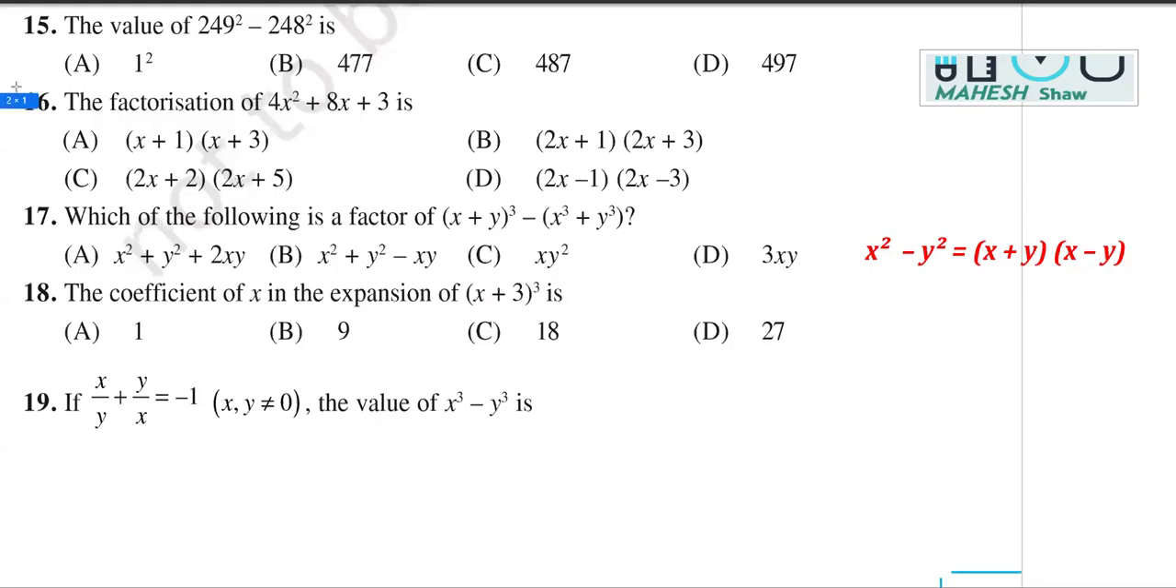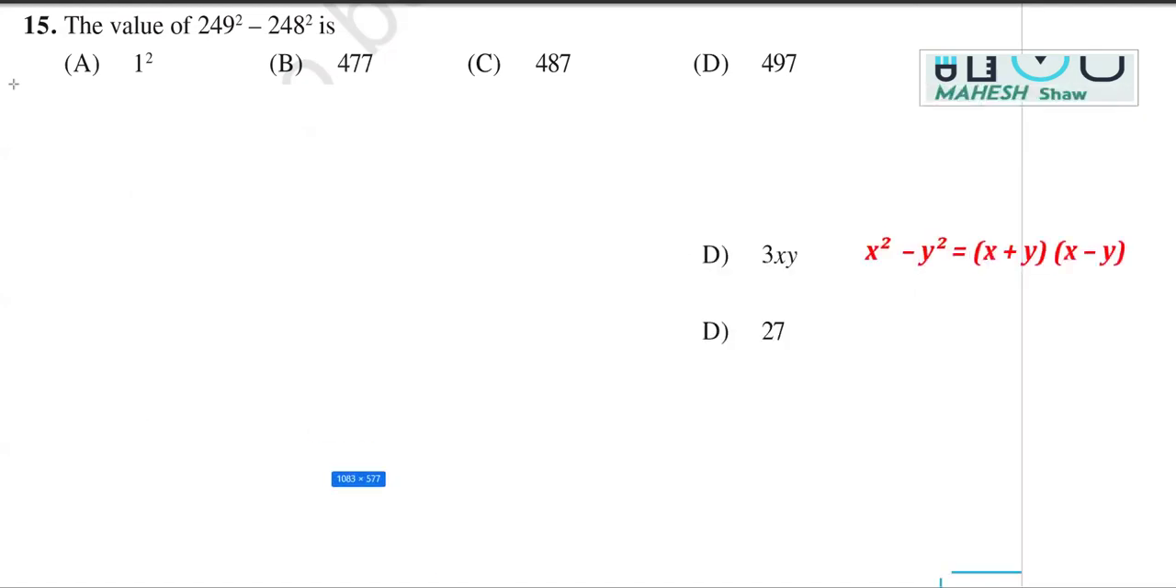This is in continuity with the previous video. We are doing NCERT exemplar for polynomials. Now we are on question number 15. Now this question number 15 is based on this identity, that is x square minus y square is equal to